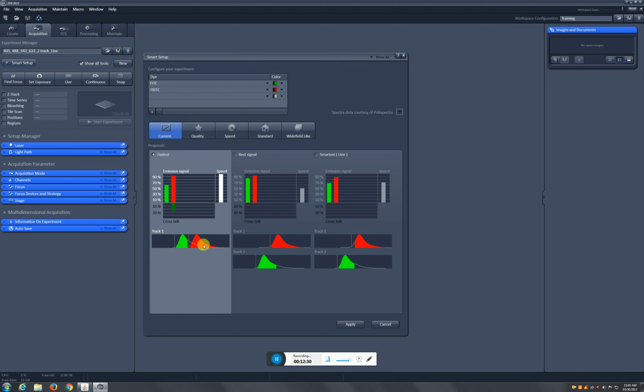So that's reflected in this little bar graph up here, which shows us that our percent emission signal for the FITC is around 60%, which is typically not very good. But you also notice that some of this curve goes over into the spectrum of the TRITC channel, and that's represented down on this lower part of this graph, where we're going to have a lot of non-specific green signal crosstalk or bleed into our TRITC, which is generally not good. So this is not a configuration that we use for doing